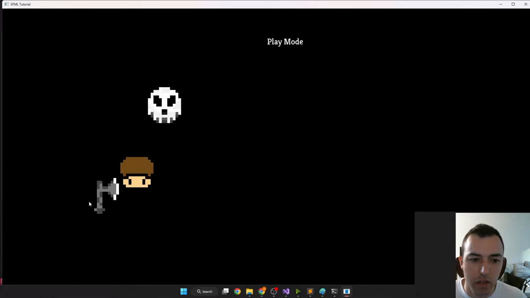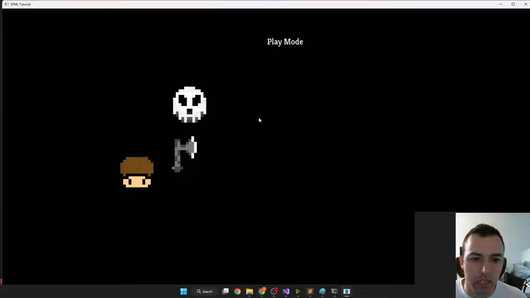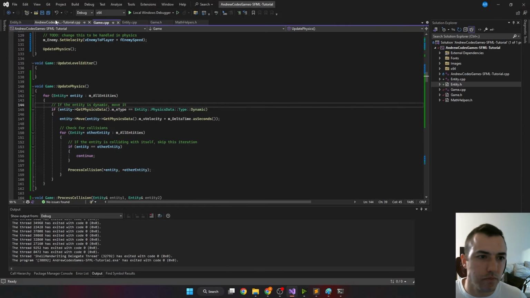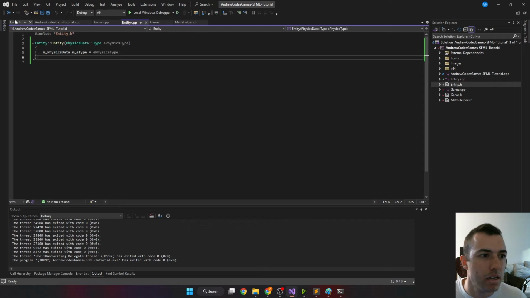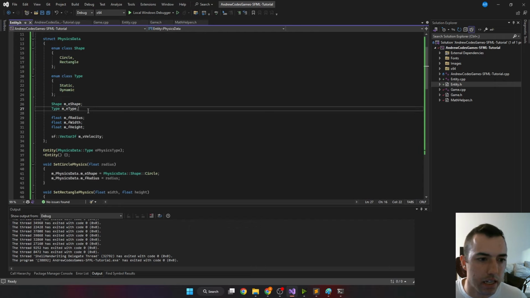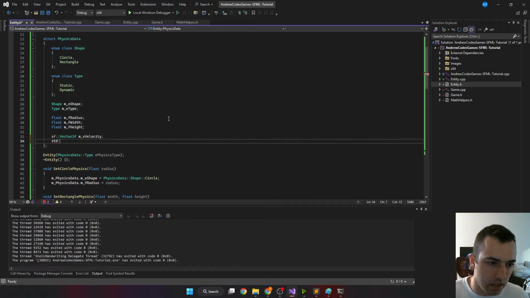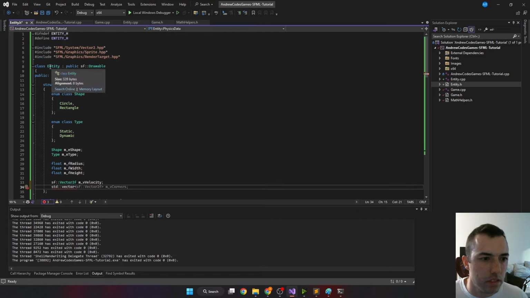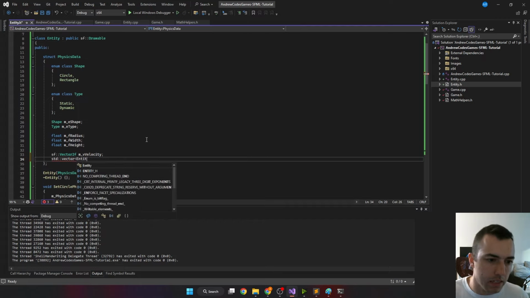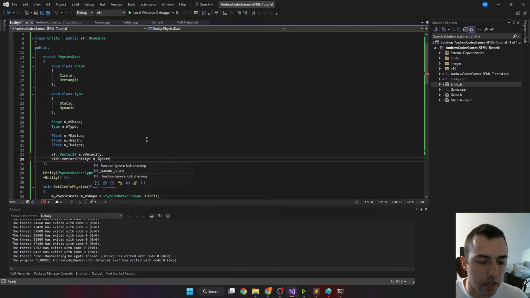I think the next step would be to add some sort of ignore collision between two entities. And here you see the static entity working its magic. So the skull is trying to move into the axe, but the axe is not moving because the axe is static. Actually, let's add that real quick in our entity in the physics data. We'll just add a standard vector of entities, and we'll say ignore